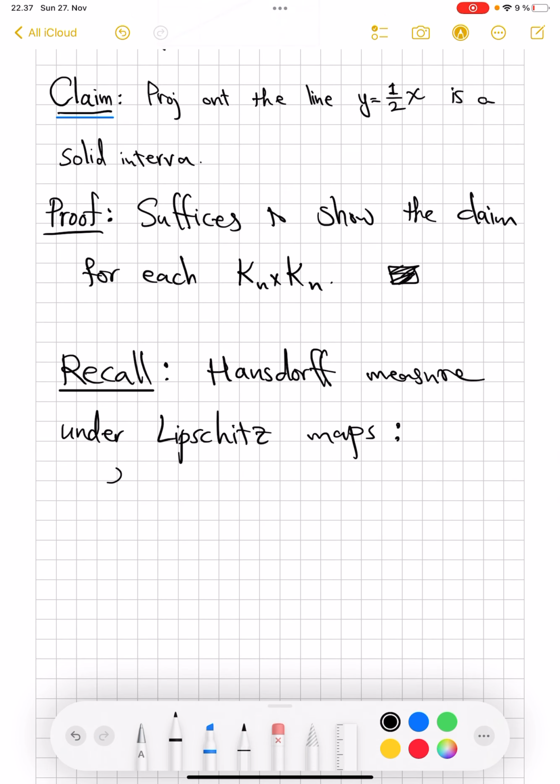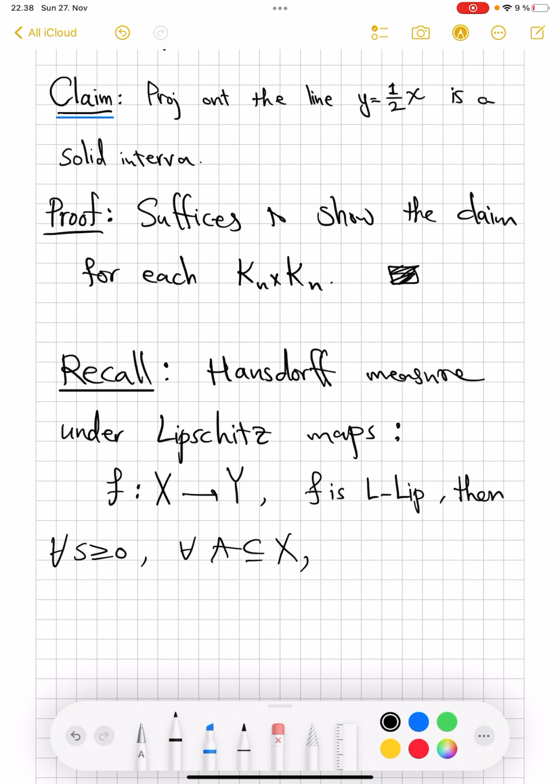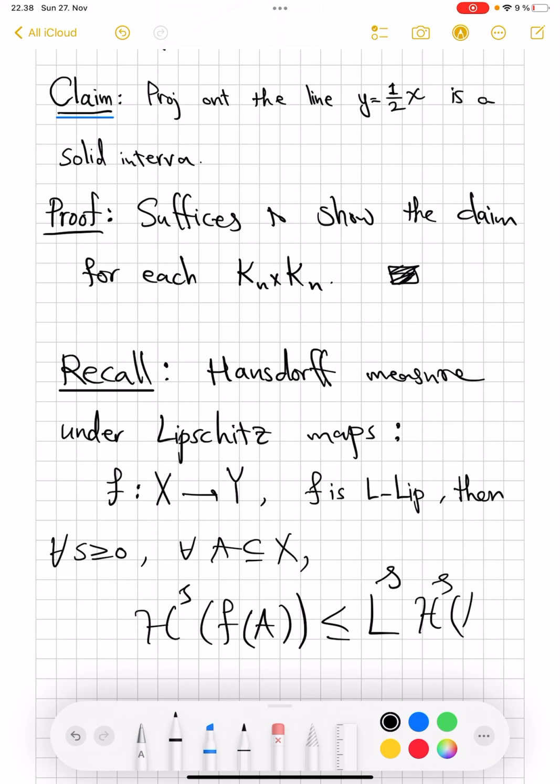If you have a function f from X to Y, two metric spaces, and f is Lipschitz, then for every non-negative value s, for every subset of X, the Hausdorff measure in dimension s of the image of the set does not increase more than L to the power s times